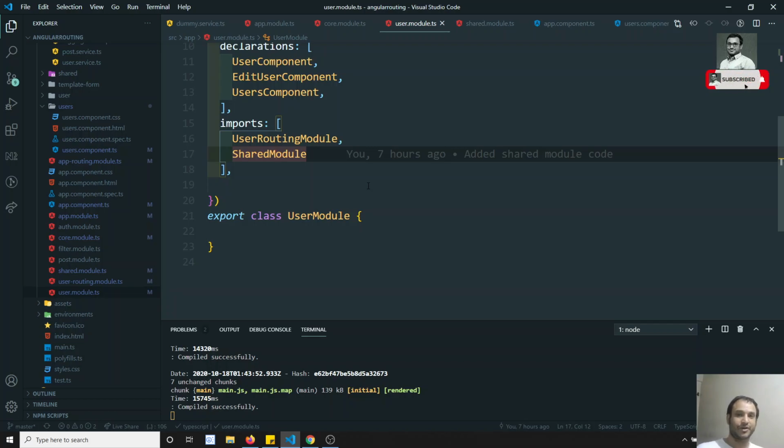Mentioning the service with providedIn root will behave differently from mentioning providers in lazily loaded modules, which get a separate instance. So you need to justify how to use services in modules and remember this. It is best to use providedIn root, as we did the first time, instead of declaring it in lazily loaded modules. You need to be aware that declaring a service in a lazily loaded module means a separate, new instance will be created. This is the concept I needed to explain when we are defining lazily loaded modules.